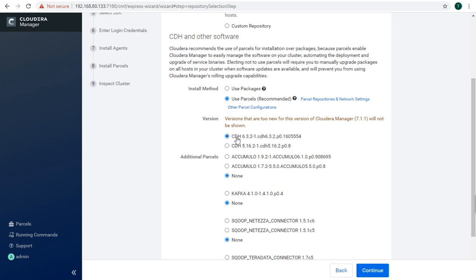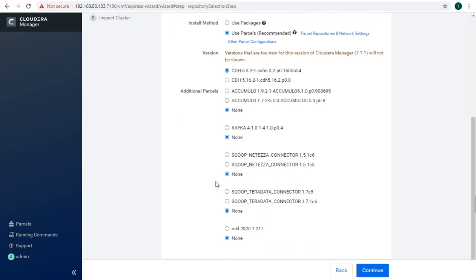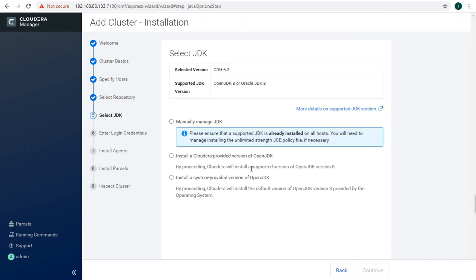The latest version it would be using for CDH will be 6.3.2. We also have another version for CDH which is compatible with Cloudera Manager 7.1.1, which is CDH 5.16.2. Keeping other software as it is, just click on continue.